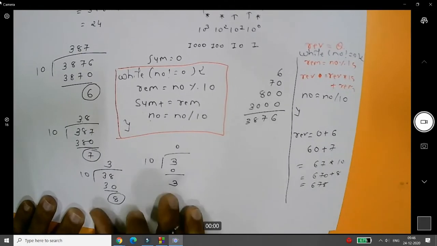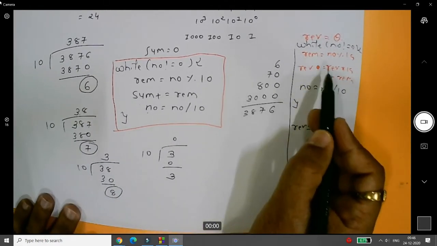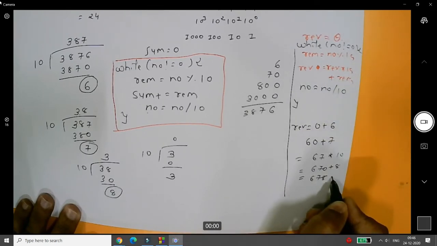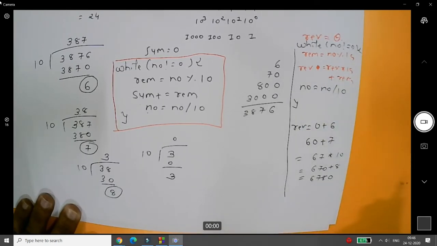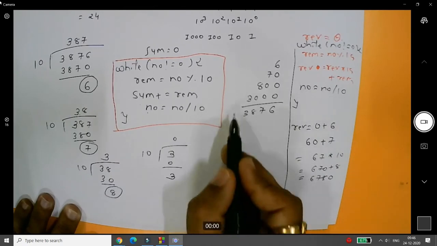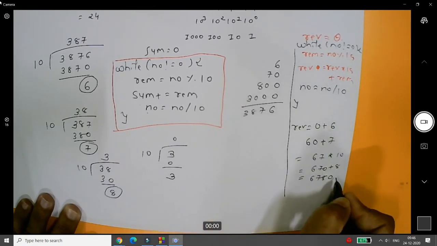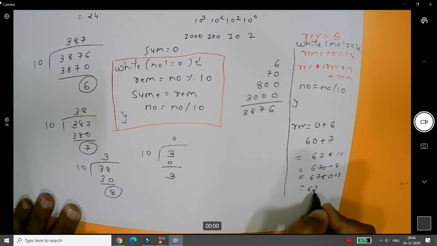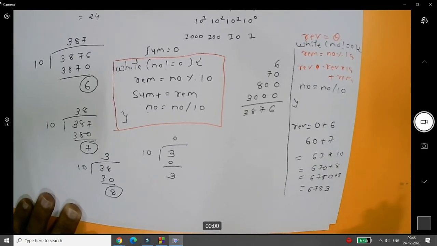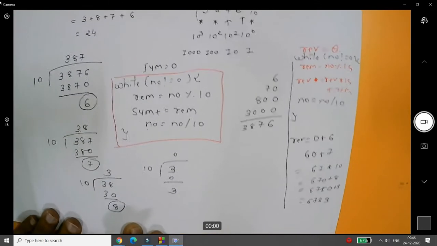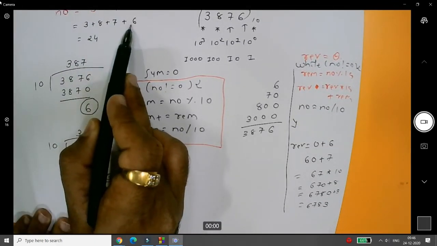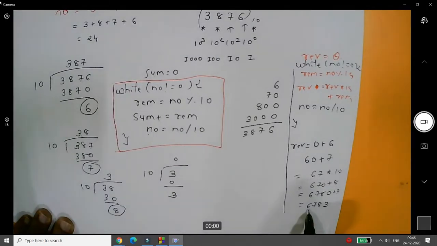678. Now you can run again, that is reverse equal to reverse multiply by 10. So 678 multiply by 10, it will be 6780 plus remainder it will be 3. So 6780 plus 3 and you will get 6783. And here you can just verify the given number is 3876 and the reverse number is 6, 7, 8